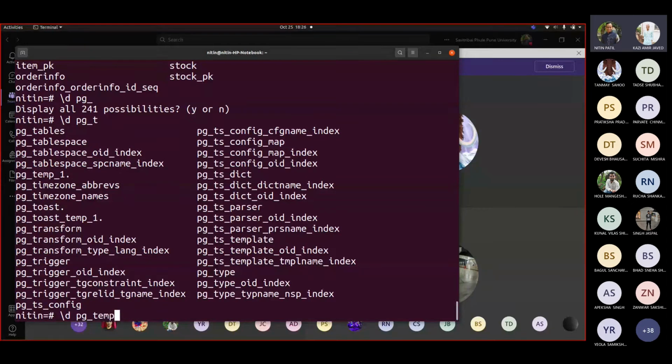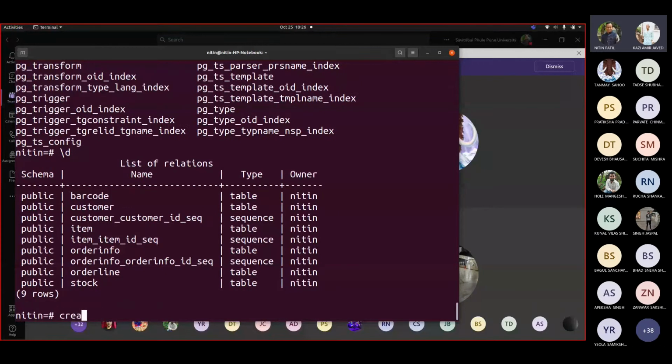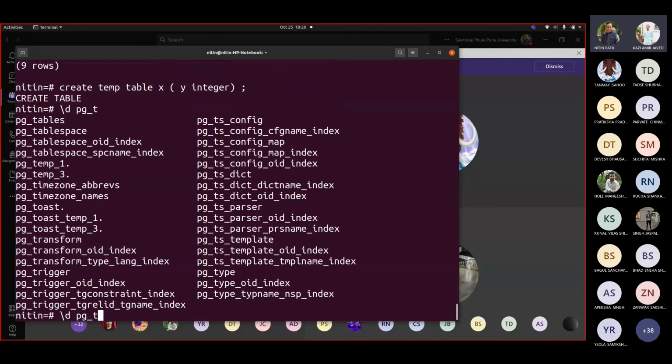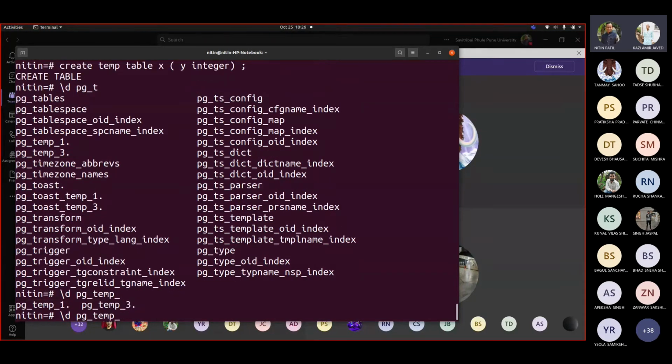Now there is pg_temp_1, I think we have that. It is not showing because there is no table created for this schema. So if I write create temp table x (y integer), and now if I write /d pg_temp, it is showing me, right?